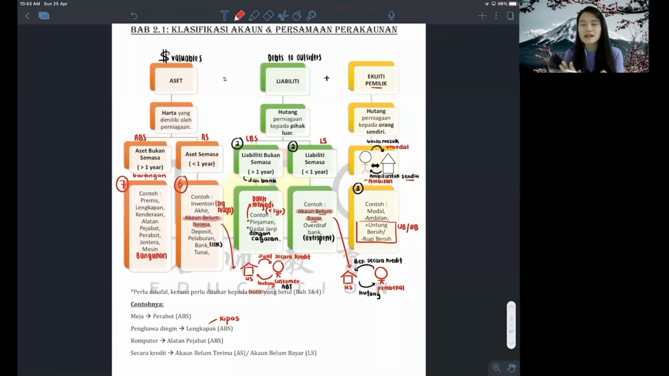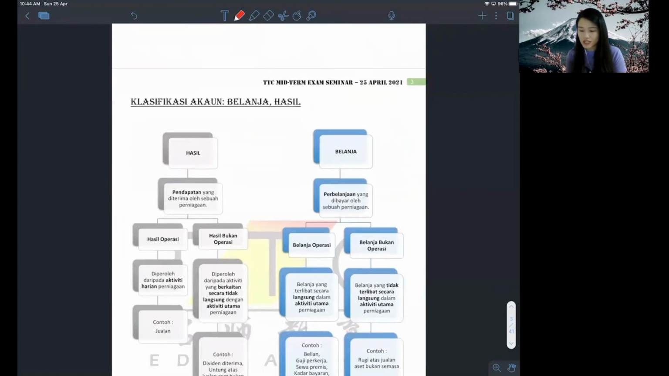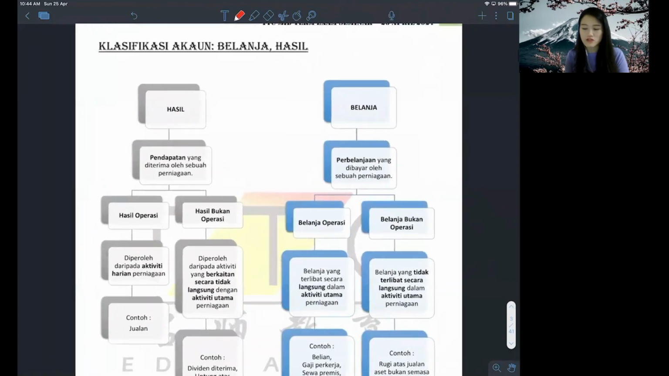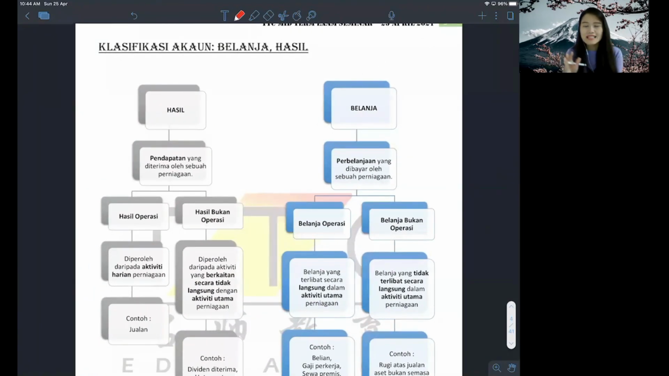Every time the klasifikasi will take up so much time. So now let's quickly go into our belanja dengan hasil. Then we can start with persamaan perikanan already. Okay, so here, let's look at page number 3. Yeah? Now, hasil and belanja, I don't require my students to memorize at all one, because hasil and belanja are